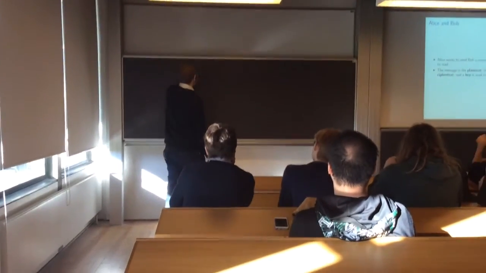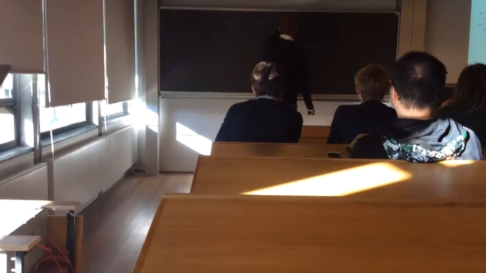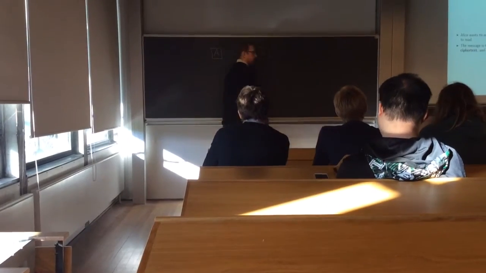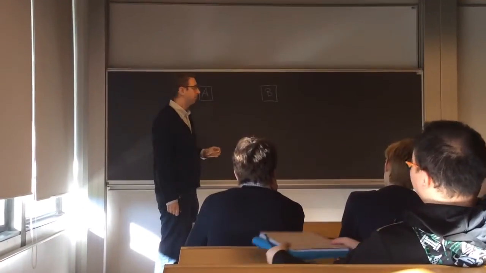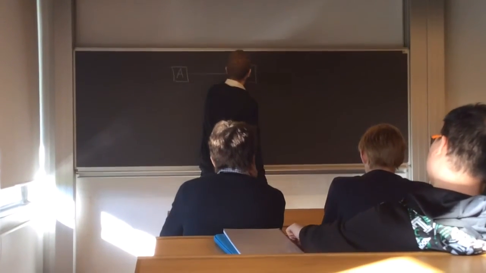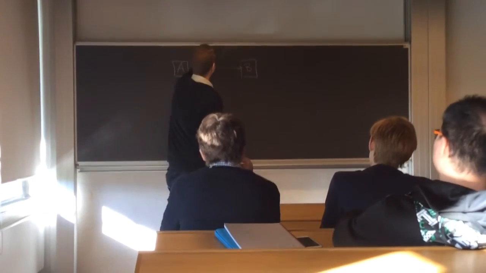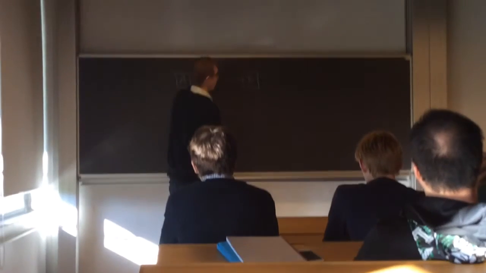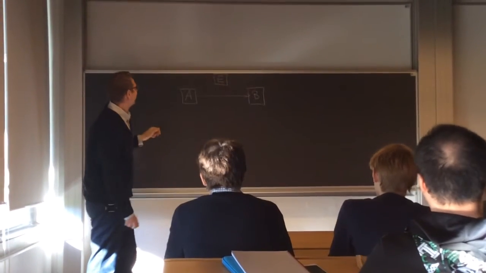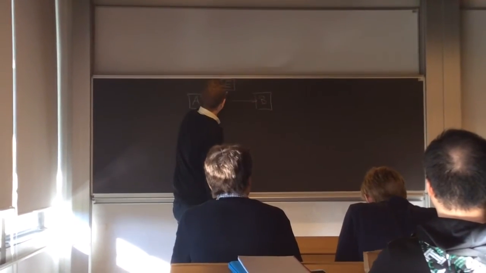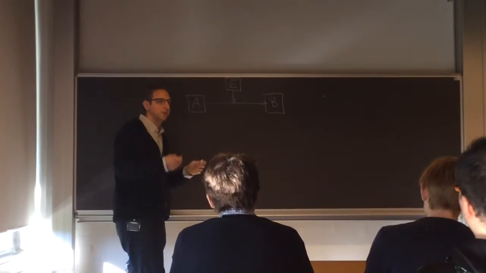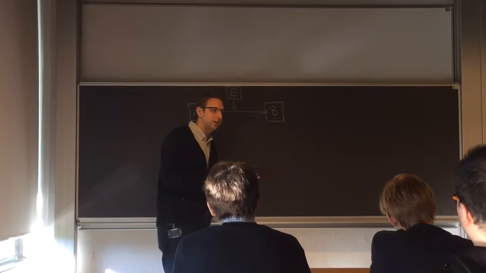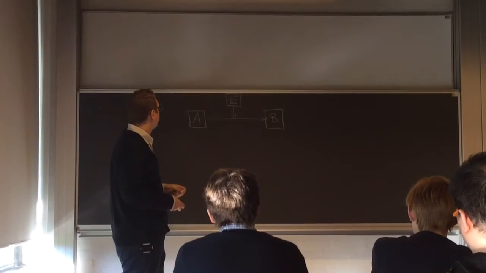We have Alice, and we have Bob, and Alice wants to talk to Bob, but they don't want to be eavesdropped on by Eve. These are the technical terms, by the way. So, what should Alice do? She can't just talk to Bob and say, hey, what's up, Bob? No, she doesn't want Eve to know that she's asking Bob what's up.